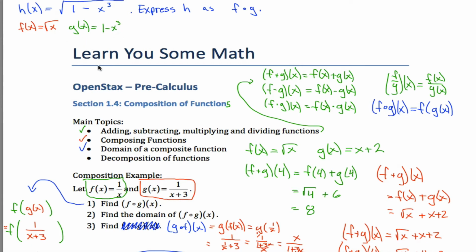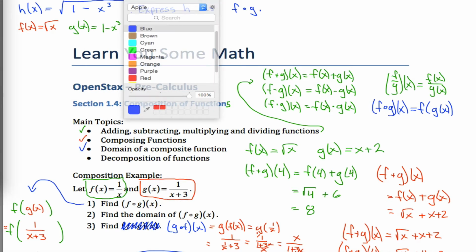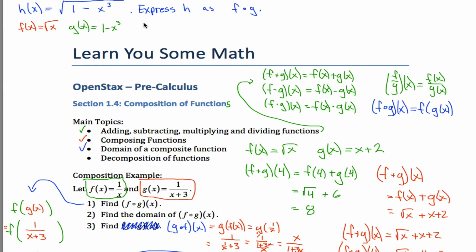And how do you know that's right? Well, probably the easiest way the first time you learn this is almost a guess and check way. I see this square root and I see this 1 minus x cubed. I wonder if I made it the square root of x and 1 minus x cubed, what would happen? Well, let's see, f of g of x, let's figure it out. Let's see, how do I color code this? Maybe let's write it like this. F of g of x. The second one maybe should have been red. Maybe I'm caring too much about parentheses. Would be the square root of, no, let's do it in steps. Settle down. Would be f of